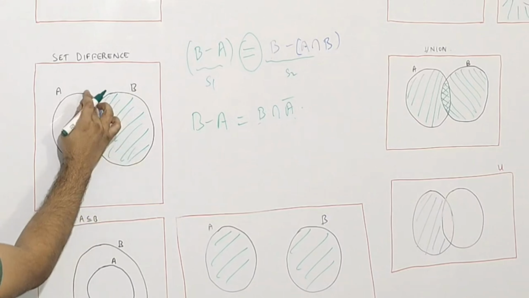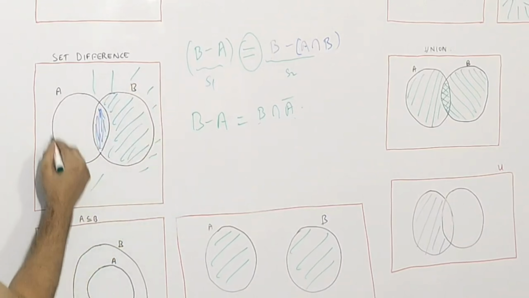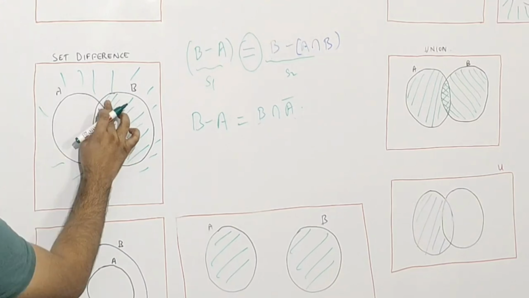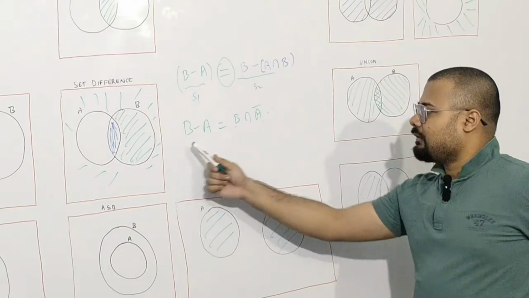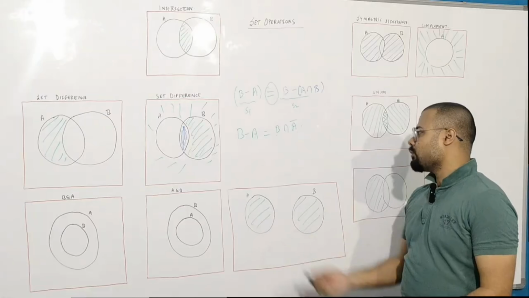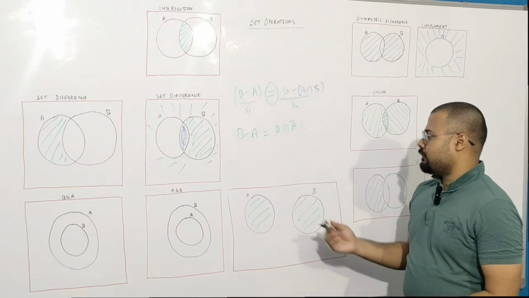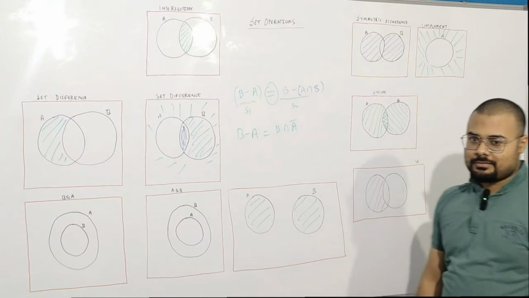apart from A, so you will have everything apart from A, but A complement will not include this region. So the common elements is just this. So from the Venn diagram you can write these equations. Okay, and there's another way to prove this. How you can prove it: